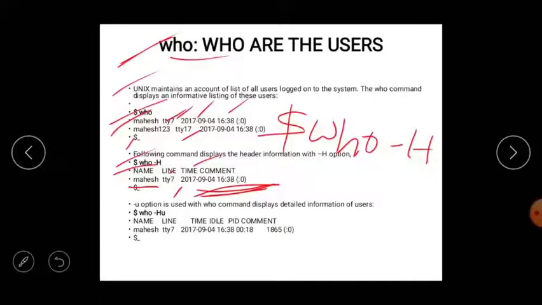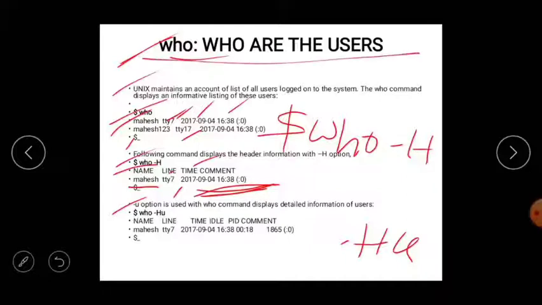Next, the -u option used with the who command displays detailed information of the users, using -HU. Okay, here also name, line, time, idle, and PID, comment, means how many hours he used, all the information we are going to get.